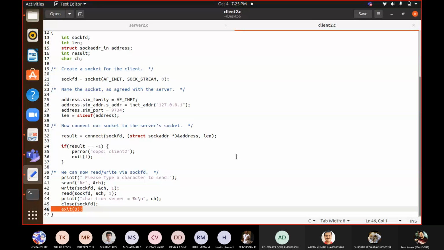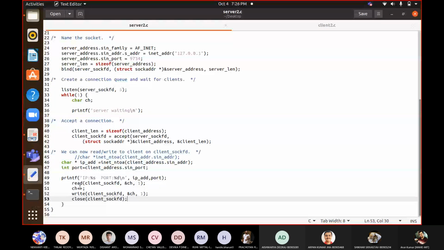As you can see with respect to this write, the server is initially expecting something. That's why here there is a read function. It is not straightaway a write, because at the server side you are expecting to receive something from the client. So in our timeline, the first thing is the read function.